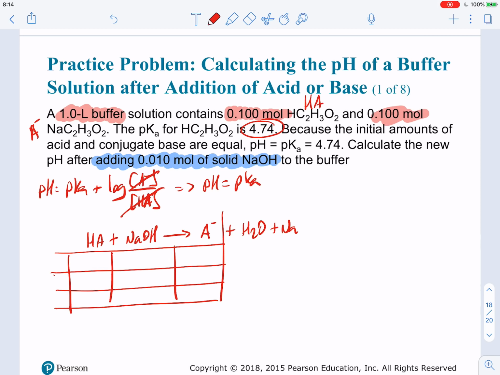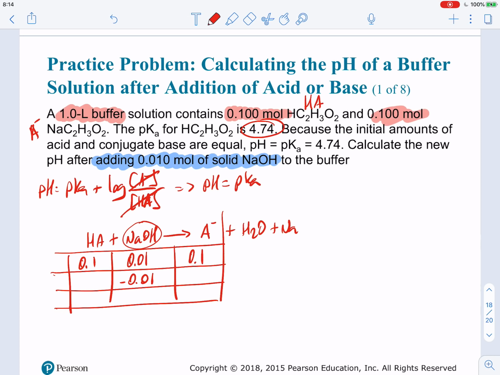So initially you have 0.1 of HA, you added 0.01 of sodium hydroxide, and then you had 0.1 moles of A minus. Correct? So what is the change? Well, the acid and the base will react. I mean, the HA plus Na from sodium hydroxide will react. And the amount of the base is smaller, so it will be completely consumed,